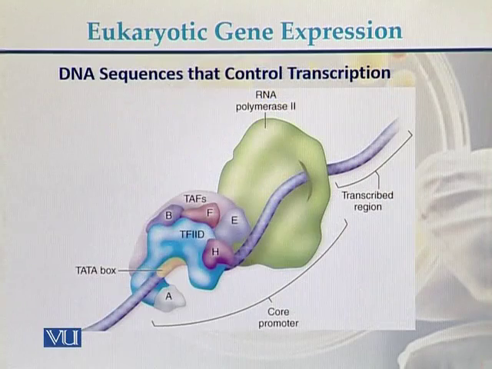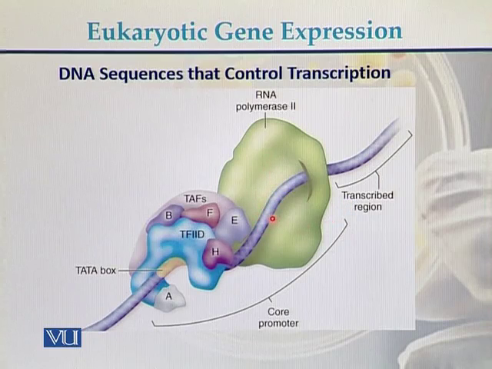In this diagram, we can see how the DNA sequences control the transcription. This is the structure of the gene. Here is the TATA box, and this region is called the core promoter region. And this is the transcribed region. So RNA polymerase